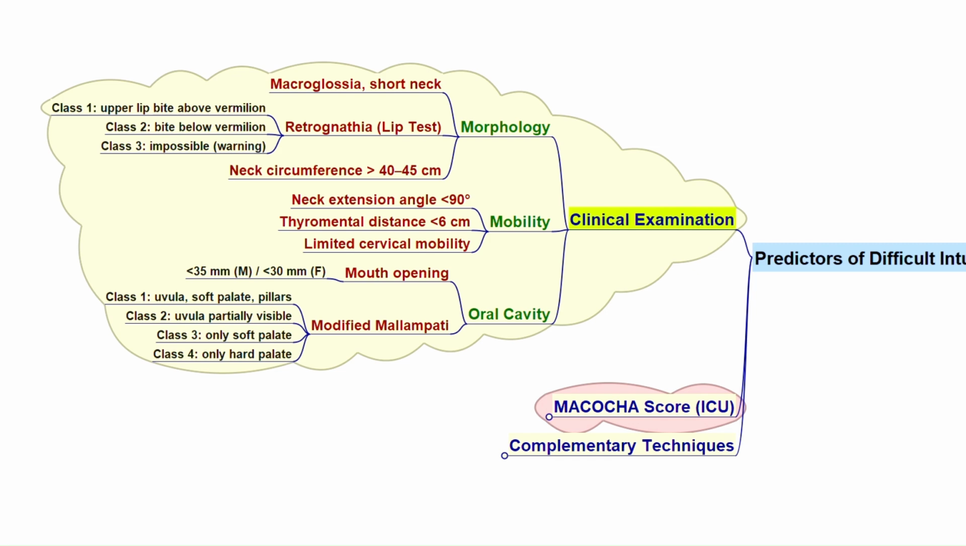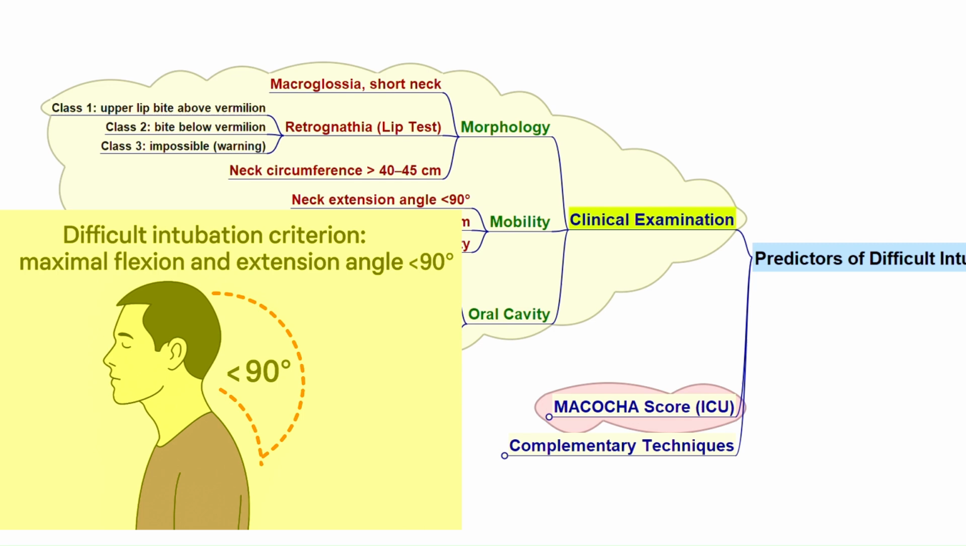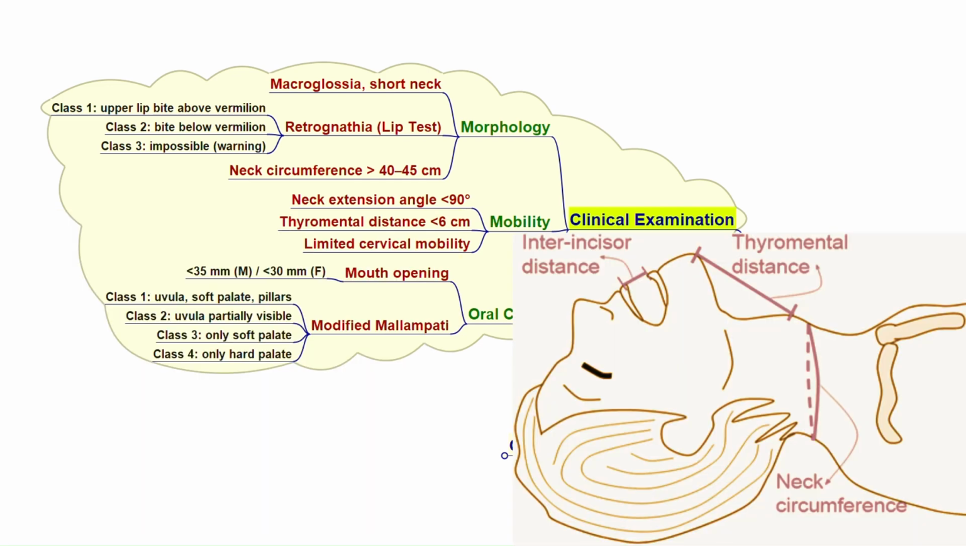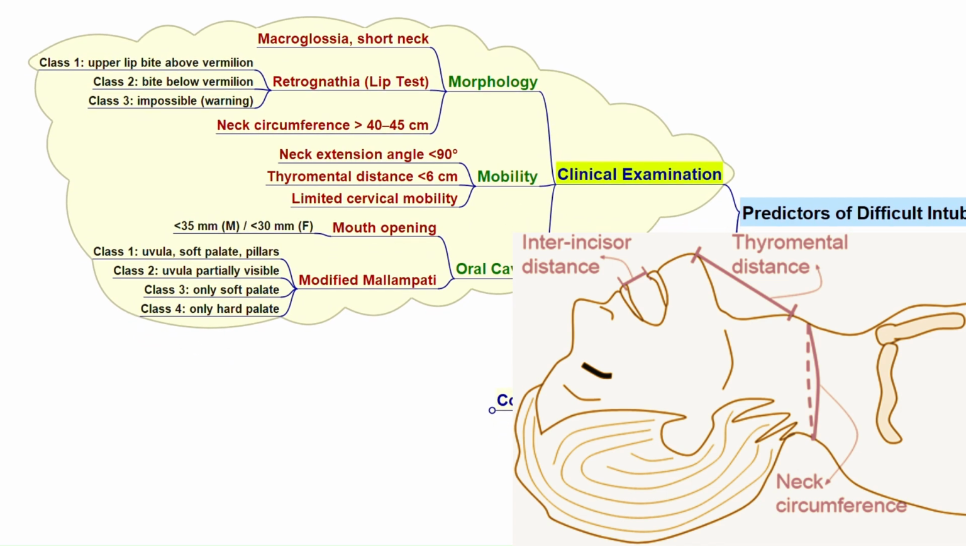The angle between maximum flexion and maximum extension should be 90 degrees. The distance from the lower jaw to the thyroid cartilage should be less than 6 centimeters. Limited cervical mobility, the oral cavity with mouth opening less than 30 millimeters in women or 35 in men, and